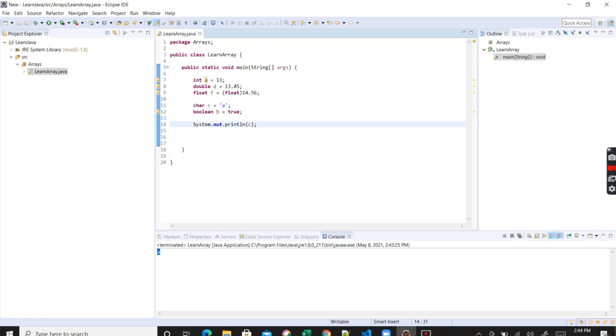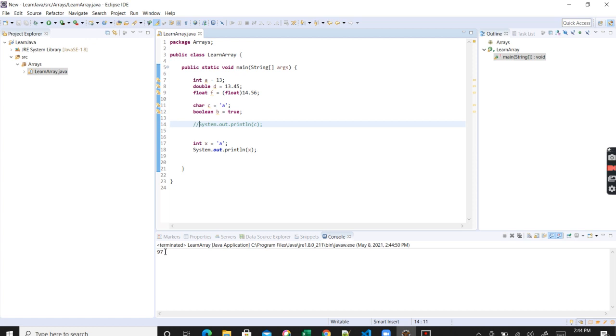So we could also do something like this: int, let's say x is equal to single quotes A. Now this is perfectly fine, right? But if I now print x, it should not give me a character value. It will give me 97. Now why 97? Okay, this is from the previous example.